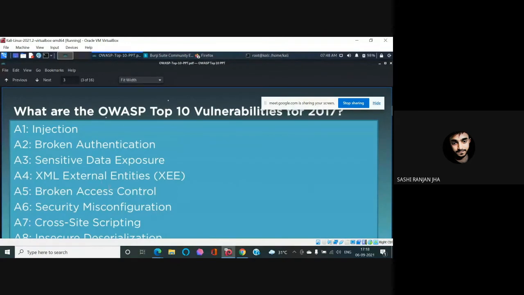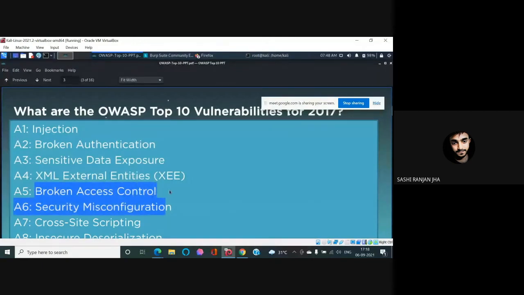XML is based upon entities designed in order to fetch data or store data into web servers. So if an attacker can custom design their own entities, then they can also inject. This is also there.